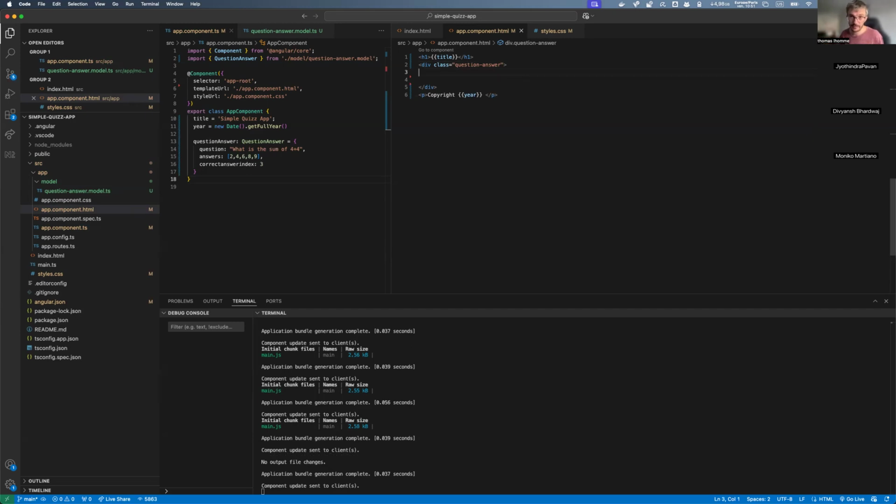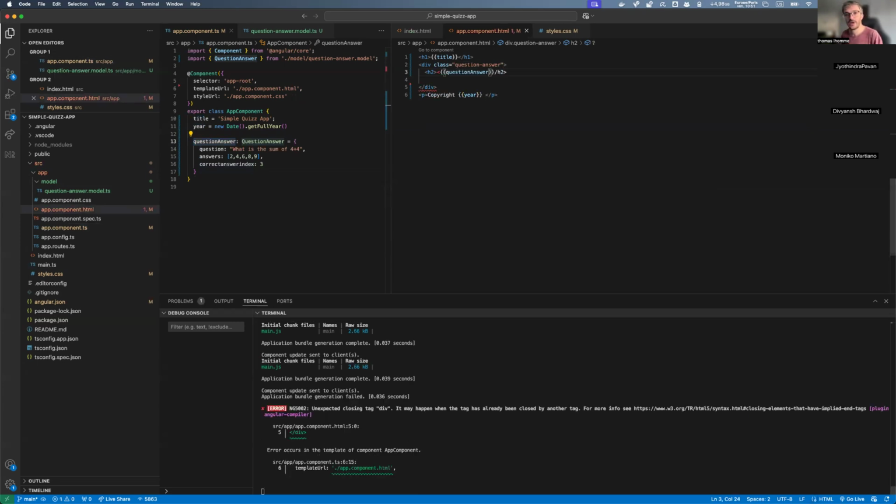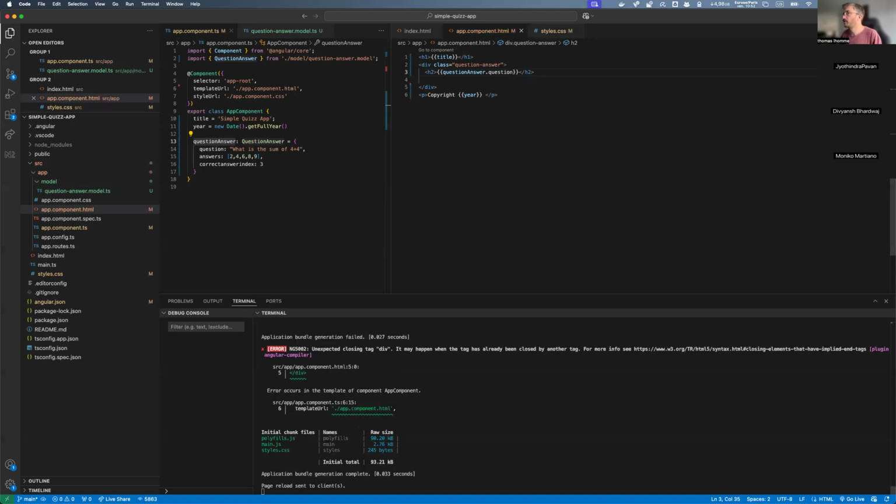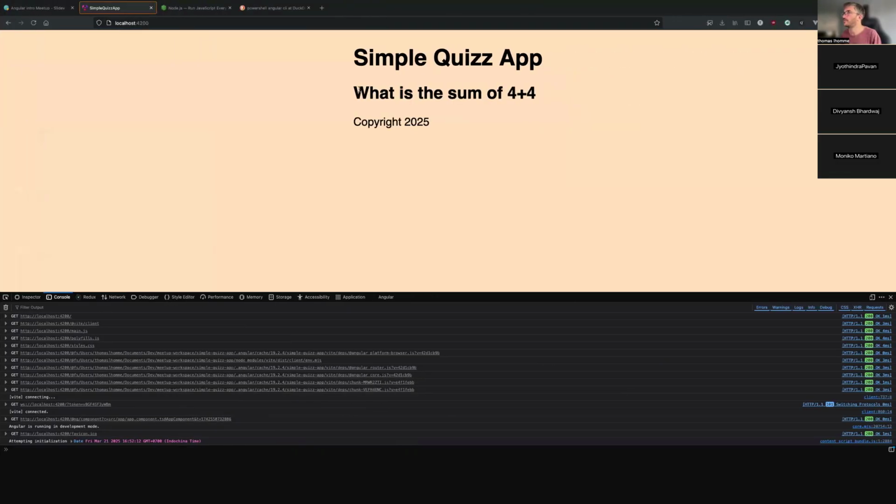Okay, great. So first thing we want to display is the question, obviously, right? So we're going to do an h2, and I'm going to display my question. The same way we did title here, I can use this variable here. So open my brackets, doing this: questionAnswer dot, and I can decide which property I want to display. Since they are all available, you just access them with the dots, like in many languages. So I'm going to display the question here. You can see that I put it in the wrong place. So okay. Great. Going to save. Everything is compiling. Going back there. Okay, perfect. So far, the question is well displayed, which is great.